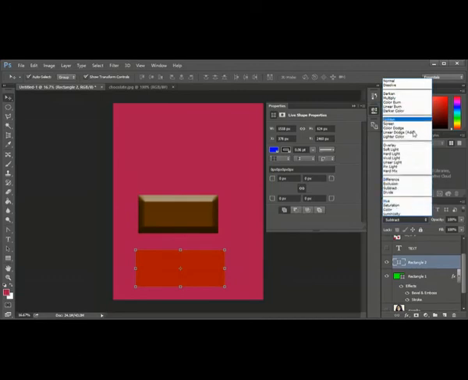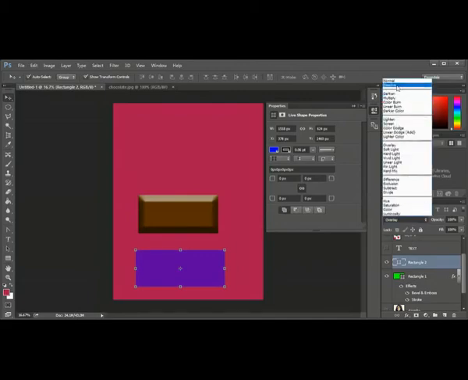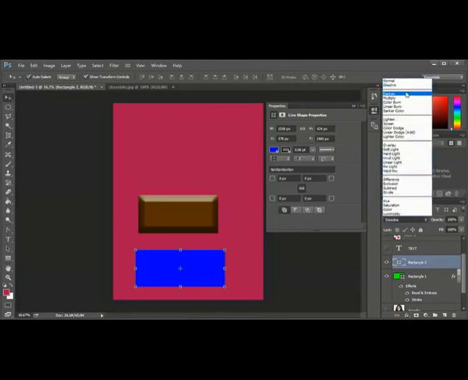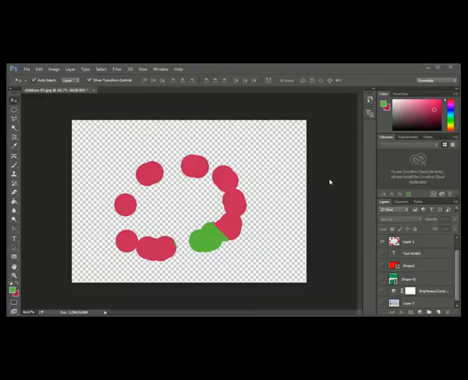I will use overlay, another color. Dissolve, you don't find much difference. Screen. So there are different blending modes you can use. We'll try to learn more detail about this blending mode later. Okay.